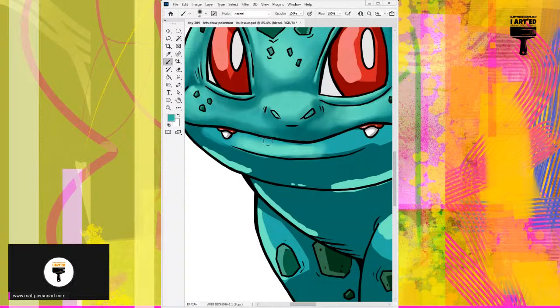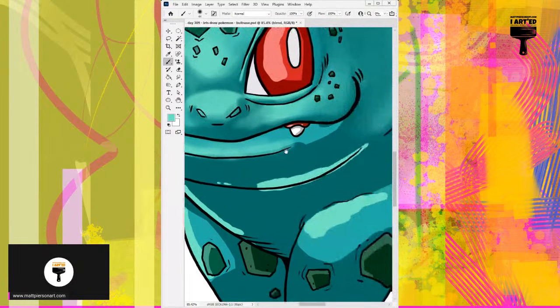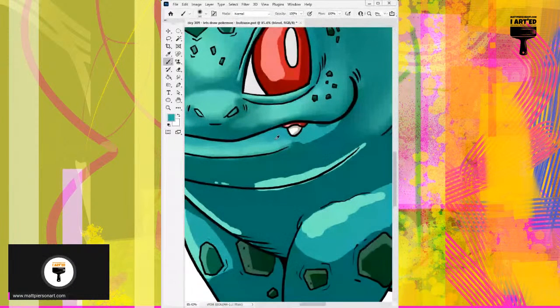I'm going to look through all the textures that I have here and see what I have to work with. Let's play around with some of them and see what I like. Or I might just select one texture brush and see if that's something I want to play around with. I don't want to experiment too much, but I do want to experiment a little bit. So my initial plan is to